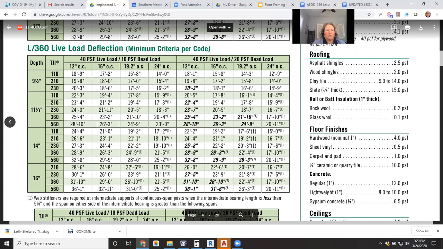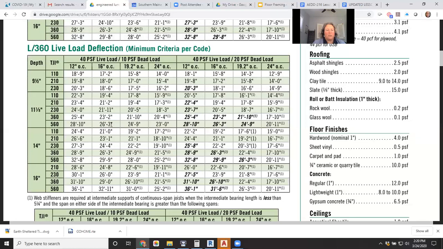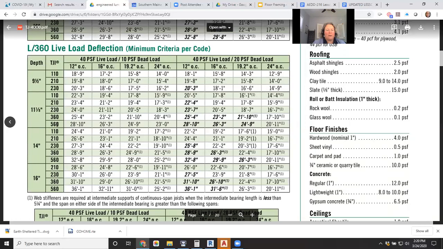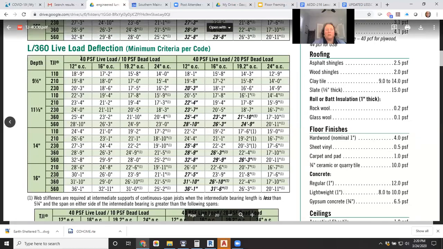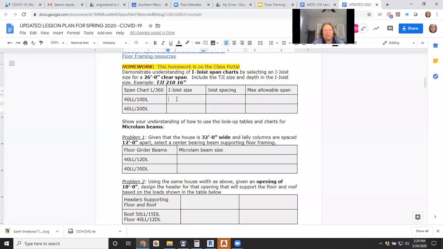The first one we come to is right here, 26 feet 3 inches, and it would be a TJI 560, 11 and 7/8 at 16 inches on center. Does that make sense? Okay, so that would be one of our answers, as that's a 40-pound live load and a 10-pound dead load. So if we go to our answers, we could write down the I-joist size,